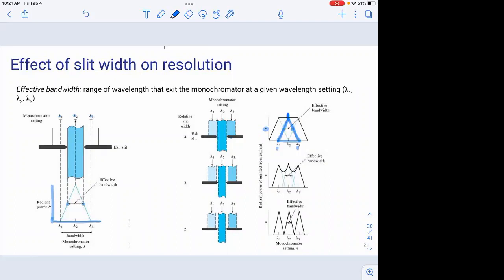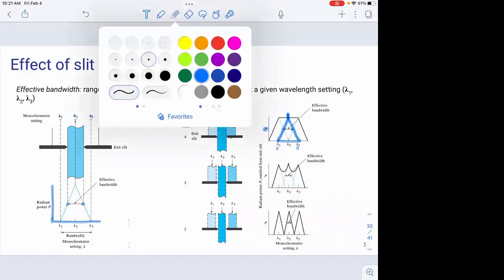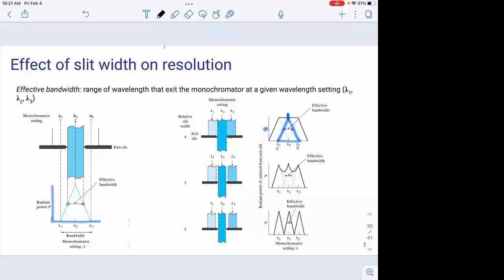This is an issue if you don't have enough separation between your wavelengths of interest. Okay, so bear with me as we reduce the exit slit width and look at the effect. As I reduce the exit slit width, I can see that with this additional space here, now as I move this image across,